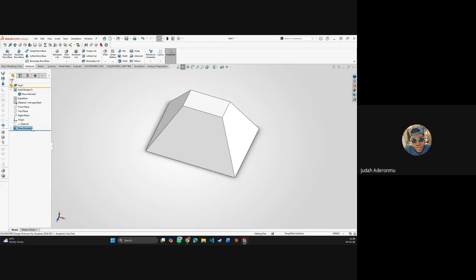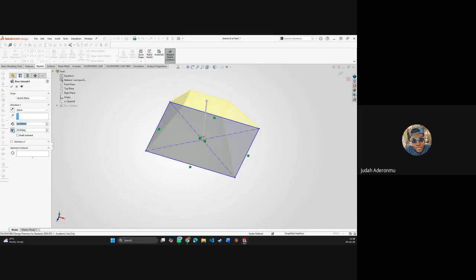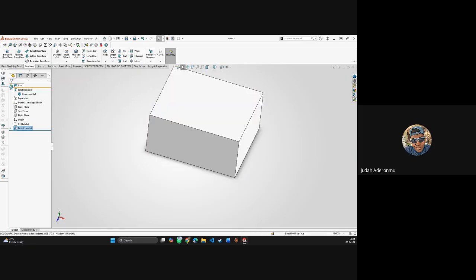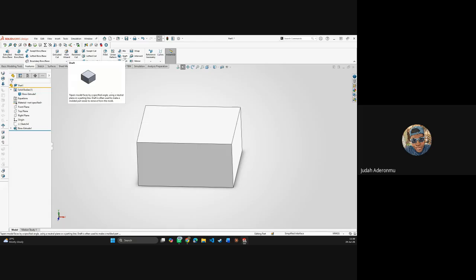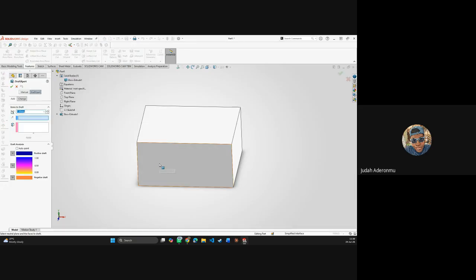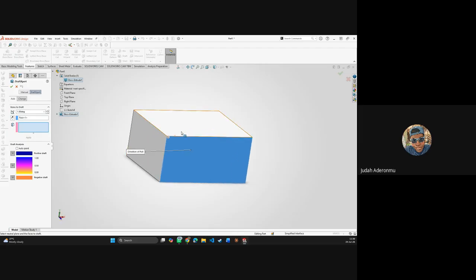So this is the first way to create a draft, but let's say I want to actually show you how to use this particular draft here that is in features. So I'm going to undo this. I'm just going to click on draft on and off and turn off the draft. Click on OK. Now I have an object that is straight, no longer drafted. Now I'm just going to click on draft. I'm going to click on items to draft. I'm going to click on this one, direction of pull on